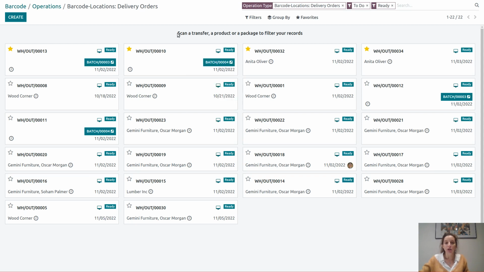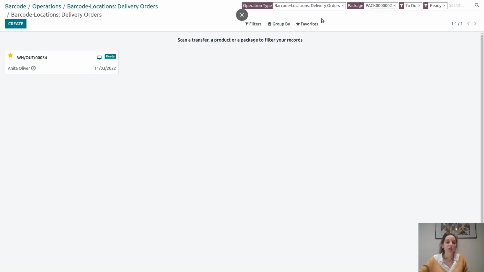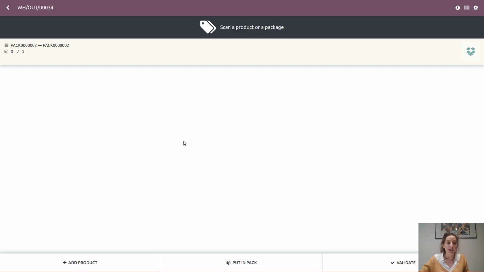And from there, now you have three options to filter the different pickings you have to process. You can scan the barcode of your transfer document, or product, or package. In this case, I will scan my package, and you see that it has been filtered among the different pickings. I can now process it,